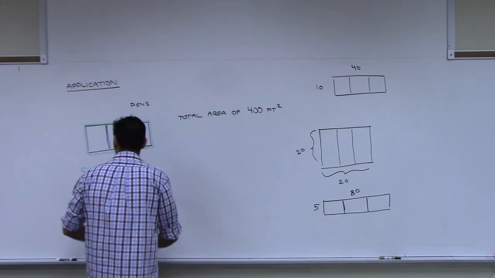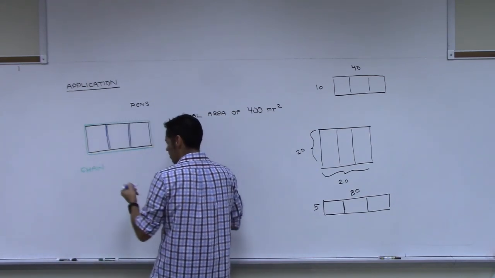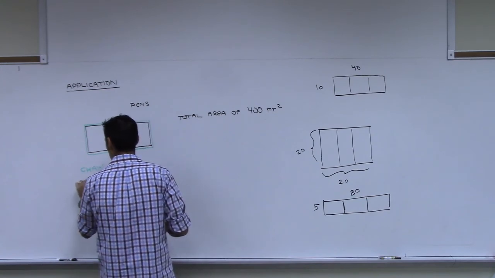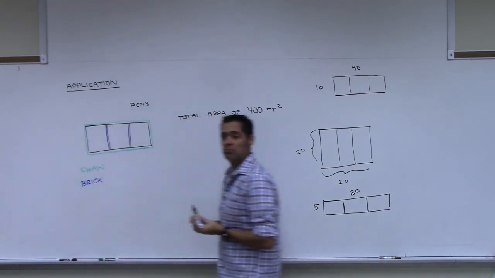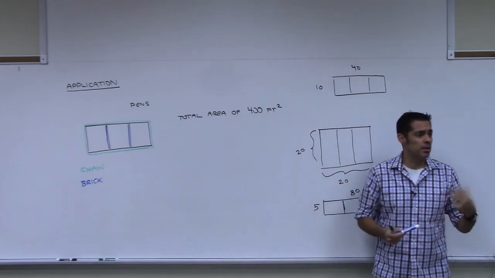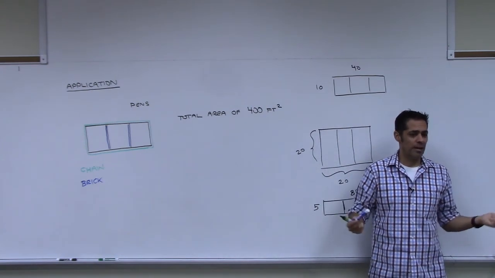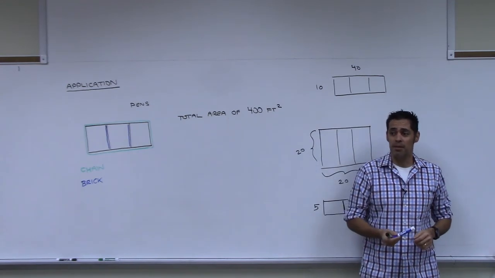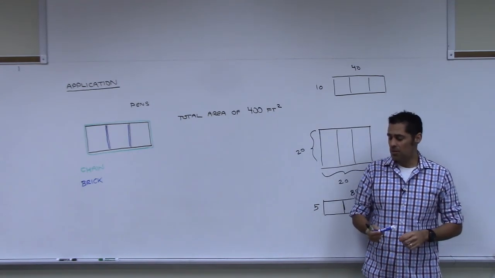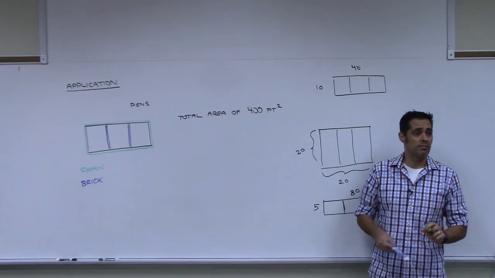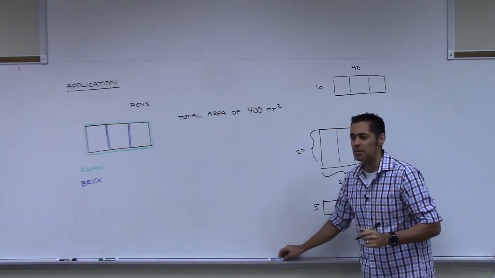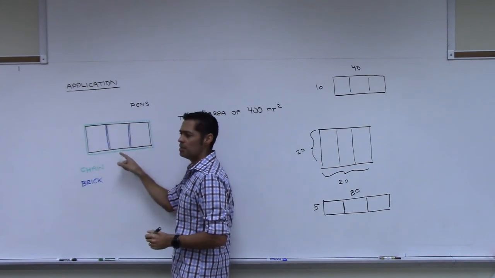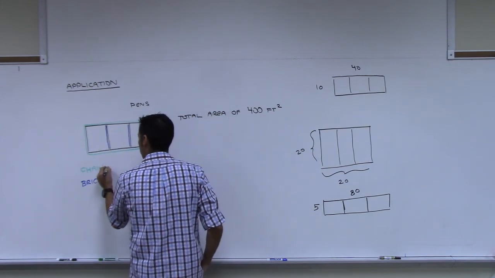And let's say that these blue walls are going to be some sort of brick or something like that. Okay? Now that chain link fence is pretty cheap, right? I can go and buy that, it's pretty cheap, but having someone build a brick wall is going to cost me a little more money, right? So let's just make up some costs, all right? I'm just going to make these up, these are not real numbers, but let's just say to have the chain link fence built, I'm going to pay